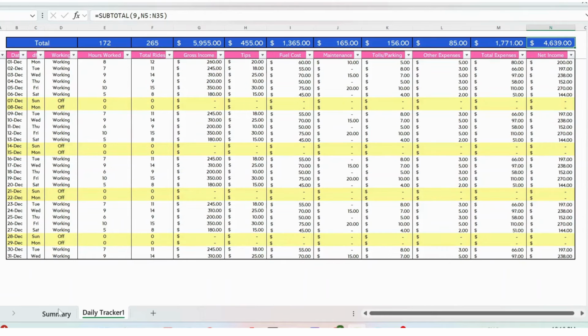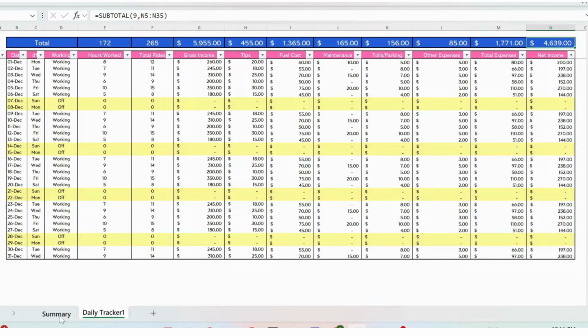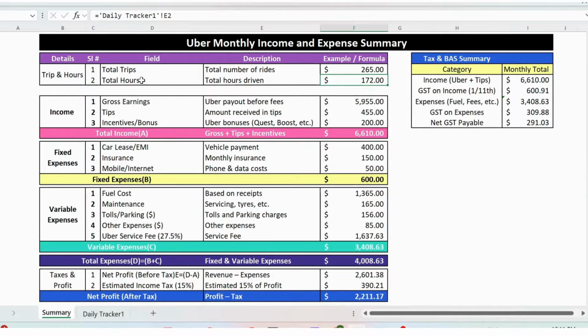Now, going back to the summary sheet where you can see the first table which shows the trips and hours. This table entirely will be automatically updated based on the inputs we give on the daily tracker. So you can see the total trips, it shows 265, the total hours, it shows 172.